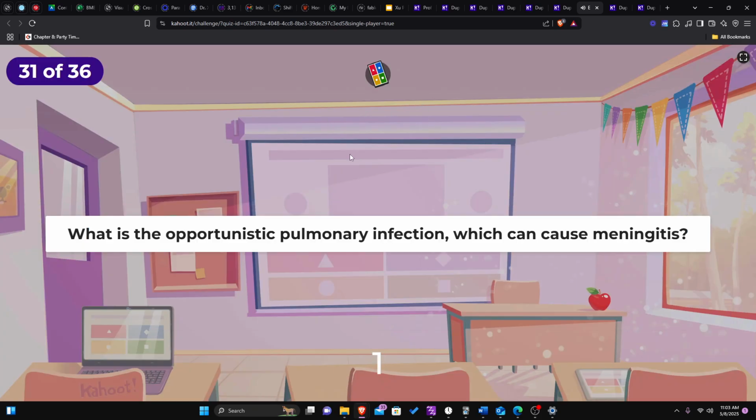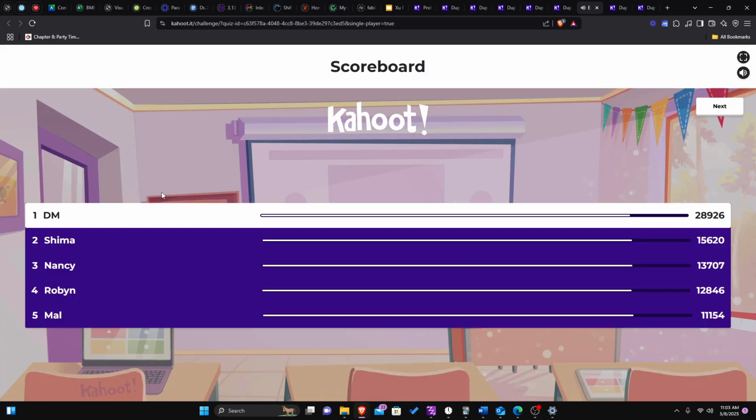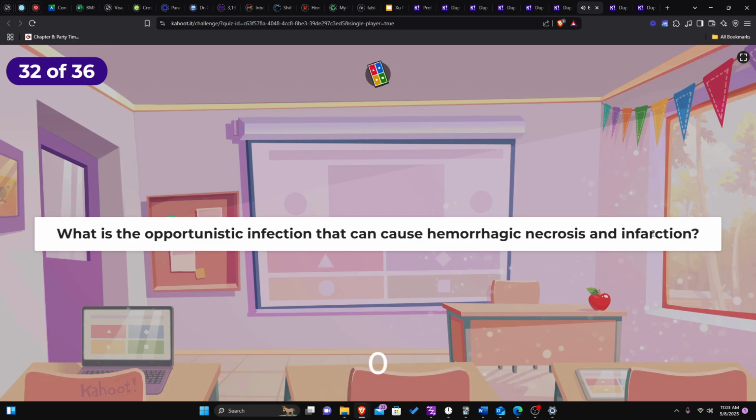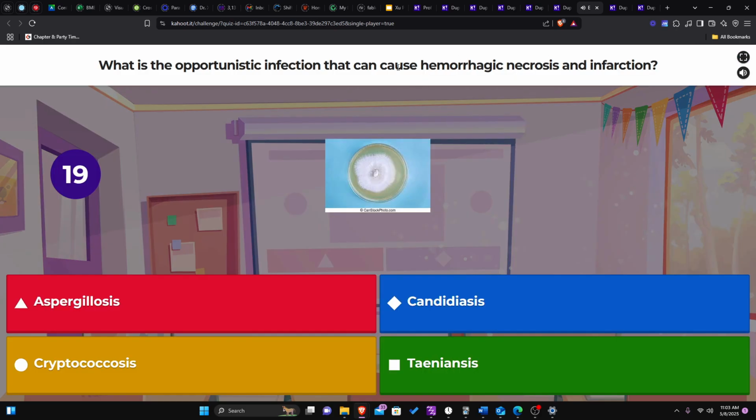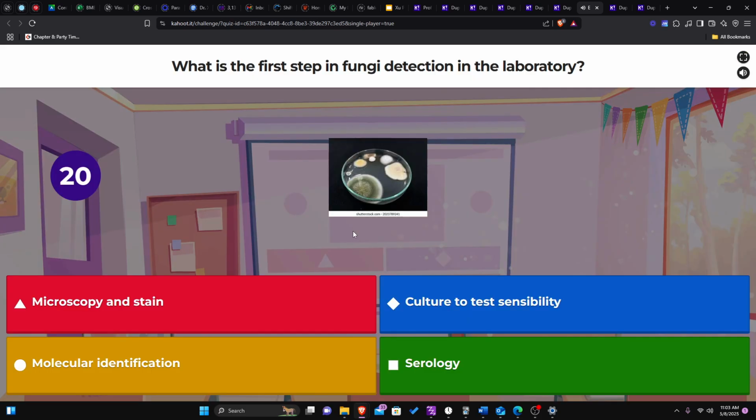Candidiasis. Meningitis, the crypto dudes. Process function. Okay. Pretty sure this one is possible. First step. Actually,